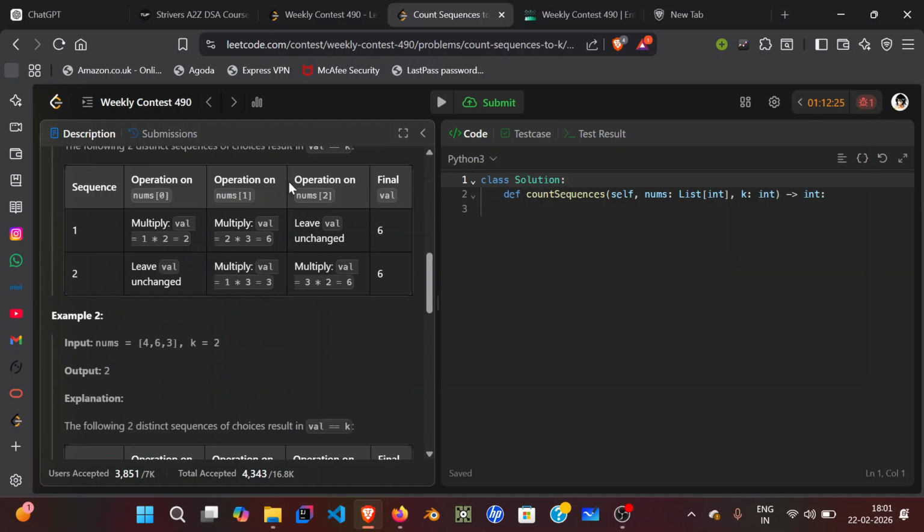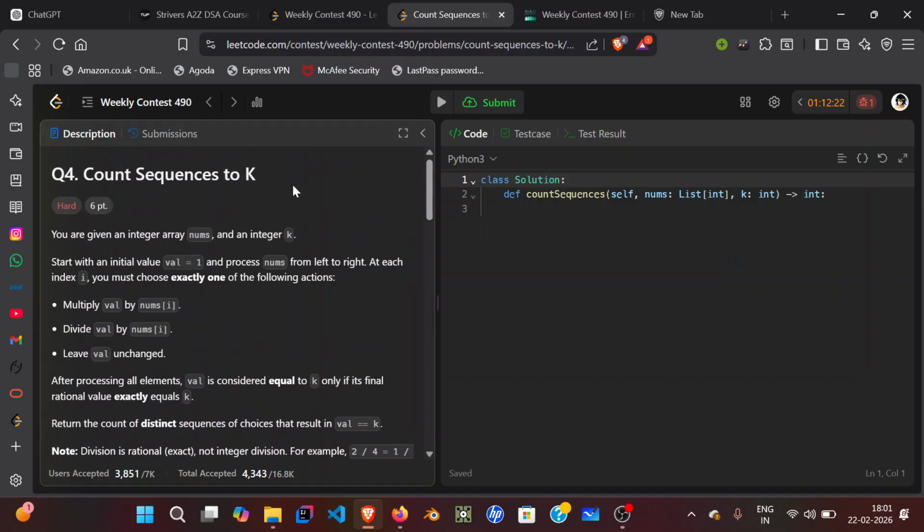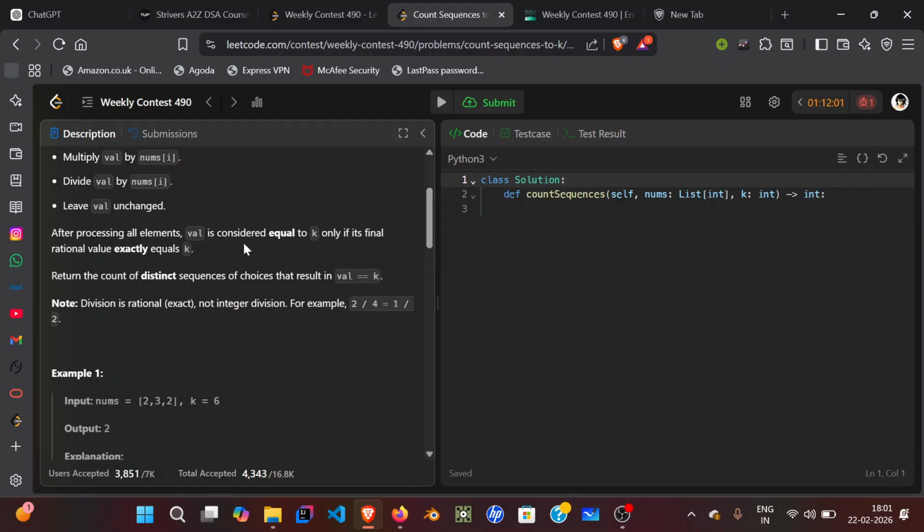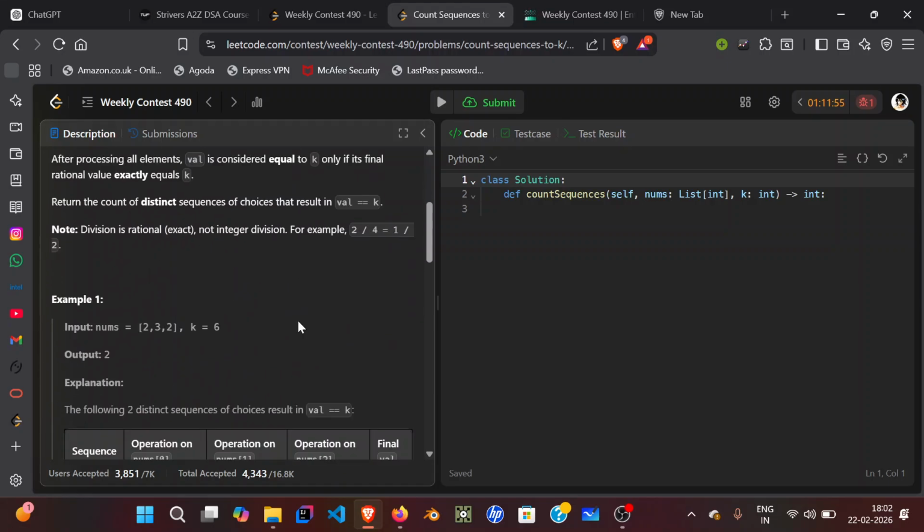Fourth तो होने वाला नहीं है अपने से. What is this? You're given an integer array nums and an integer k. Start with val equal to 1 and process nums from left to right. At each point in nums, you must use exactly one of the following: multiply val by num, divide val by num, or leave val unchanged. Huh? After processing all the values, consider it valid only if it's equal to k. Wait. एक second. ये val with 1